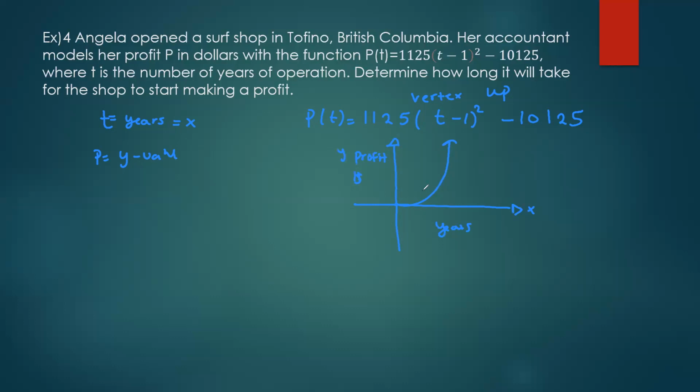I don't think we need any of those because if it's concave up like this, it won't help with profit. Here, let me draw this better. It might look like this. So this is concave up, right? Sometimes this would be your vertex, and our vertex is 1 comma negative 1025. So that's why I made it like this, because the Y value is negative, right? So profit. So you might go negative before you come up. So I think this is the point where you would find the profit,